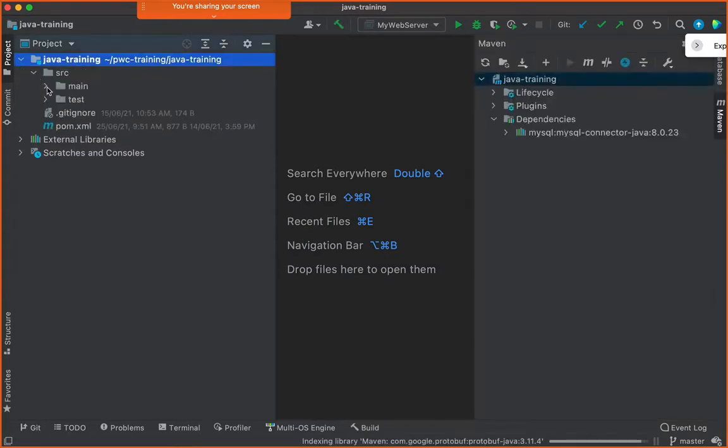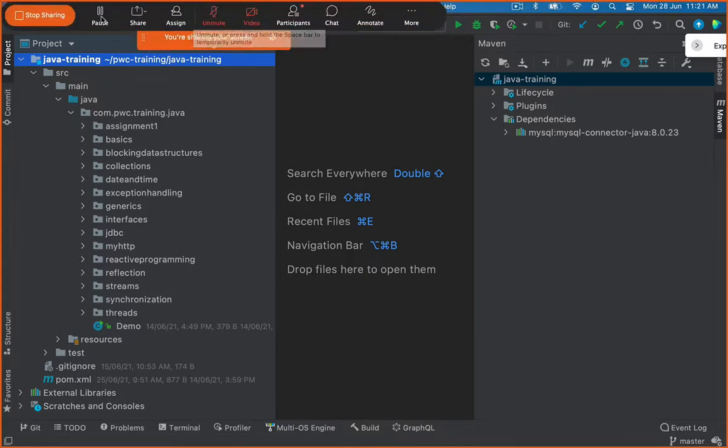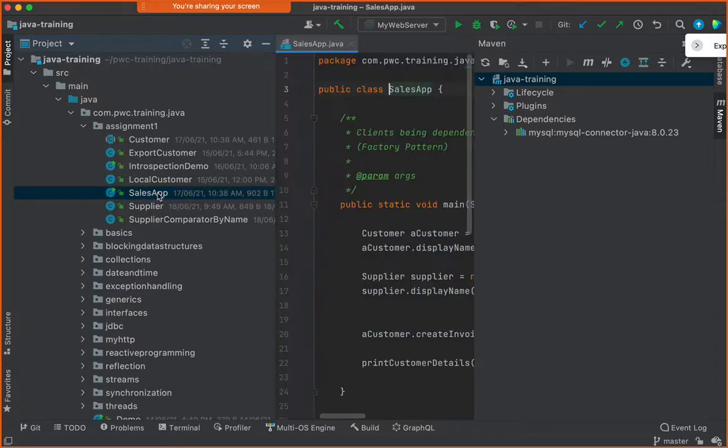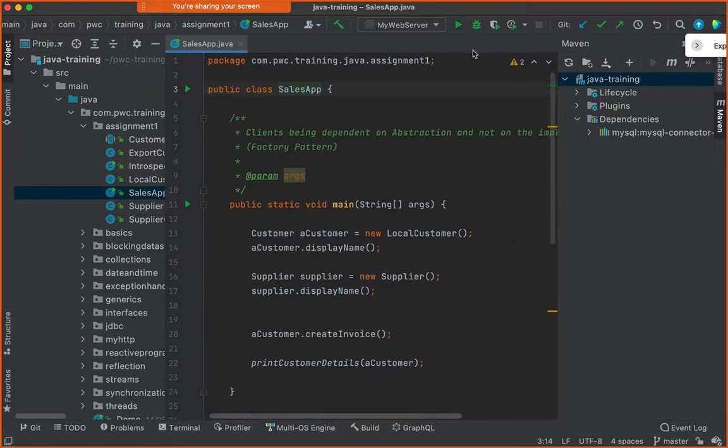Okay, you see this Java trading here. All of these are the classes that we have created. For example, one of the classes here is SalesApp.